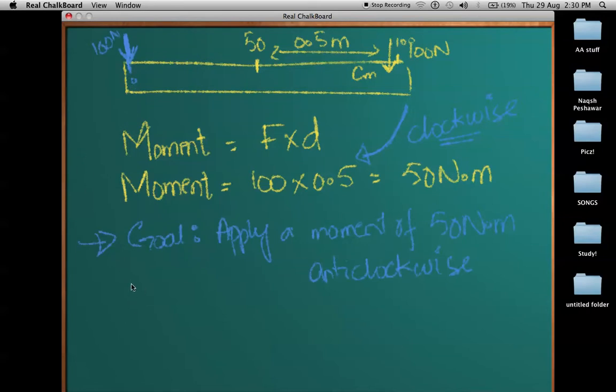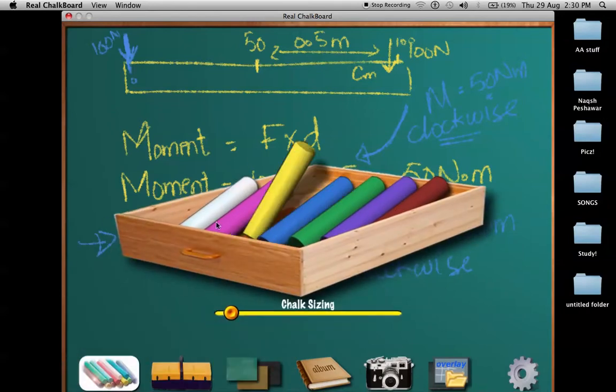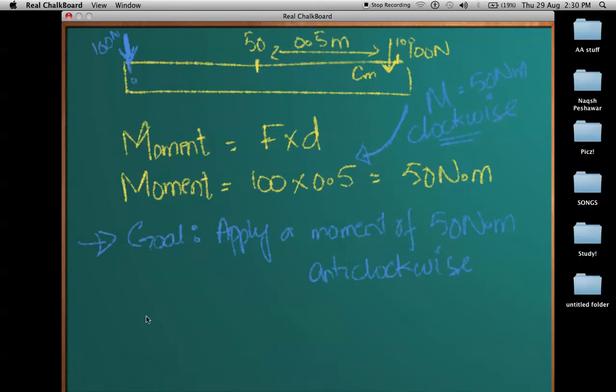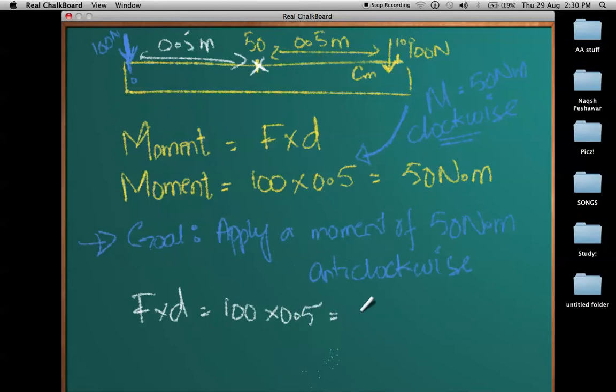Because this force is moving in this direction, let's find out the moment of this force. It is simply F times d, which is 100 again times this distance, which is again from the pivot. This distance is again 0.5 meters. This is the pivot. So 100 times 0.5, so 50 newton meters,